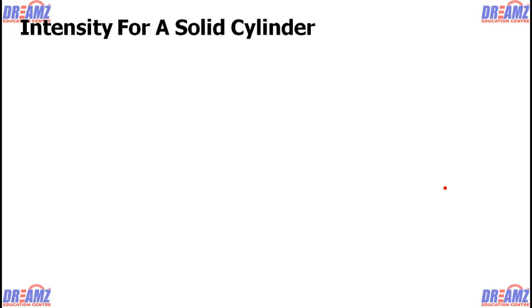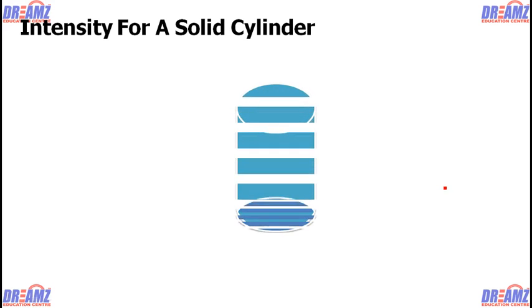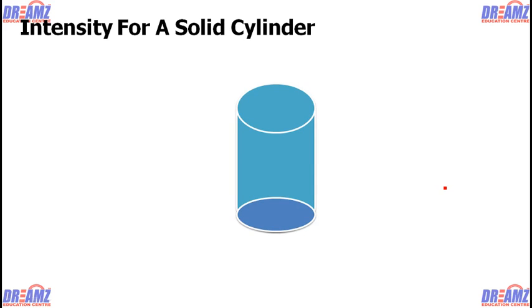But if we consider any cylinder, in this class we will discuss the amount of flux which will be produced by this cylinder. You can take the cylinder as a hollow cylinder or a solid cylinder, whatever. We are considering this is the axis of the cylinder and this is the radius of the cylinder, capital R, which is constant. L is the length or the height of the cylinder. Now if the charge is distributed over the surface or over the volume of this cylinder, we are considering a very small area here. And we all know that the area vector is perpendicular to the plane. Then we are considering this is the direction of the area vector.